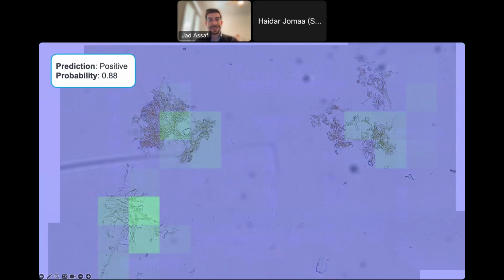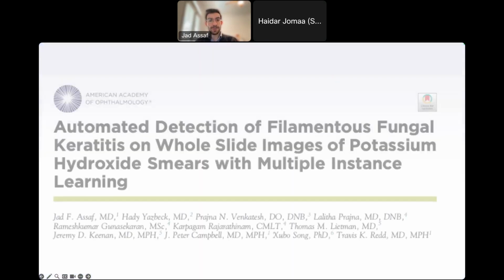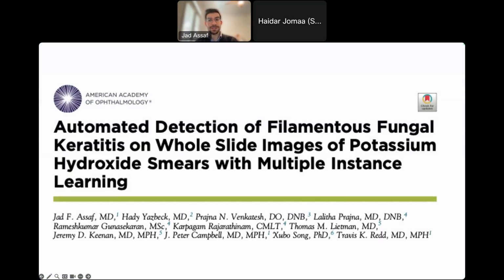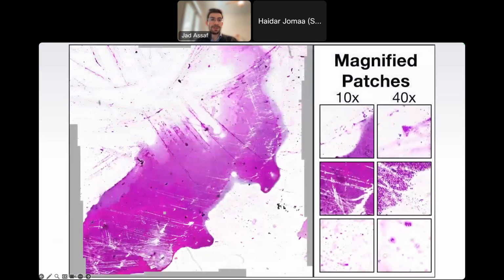So this helps assist in the interpretation of the slide, and it makes the black box model less of a black box. This work was also published in Ophthalmology Science,